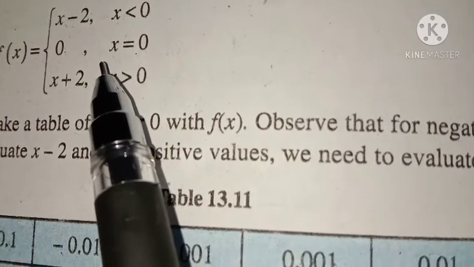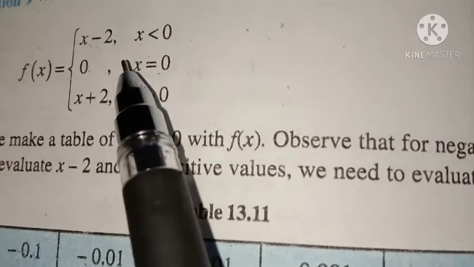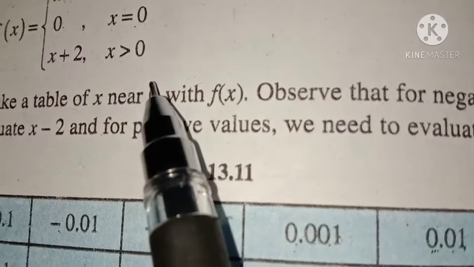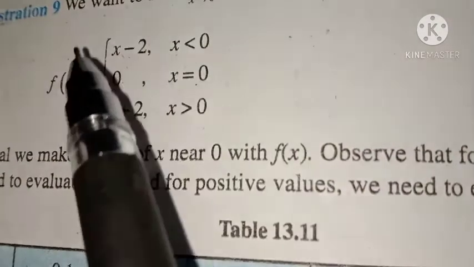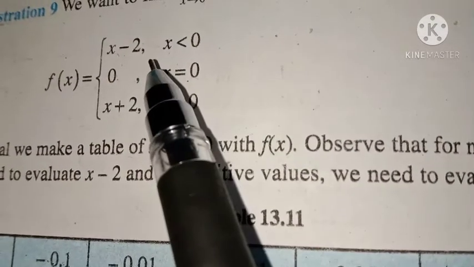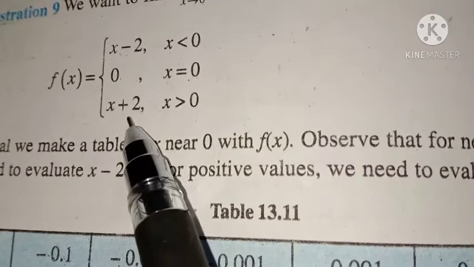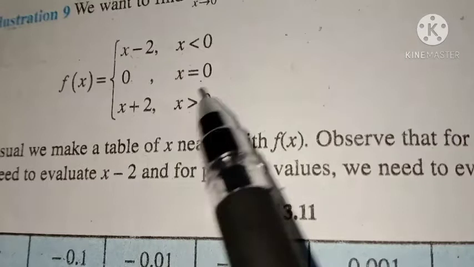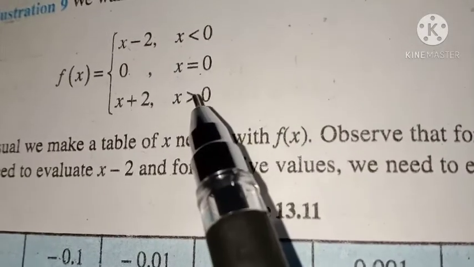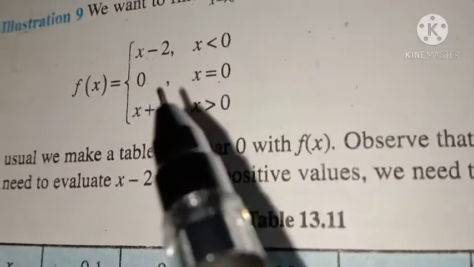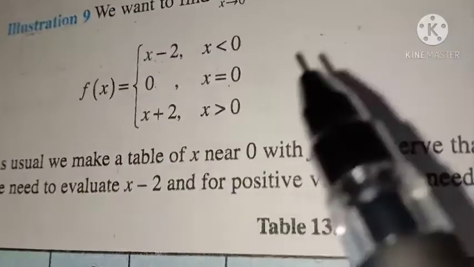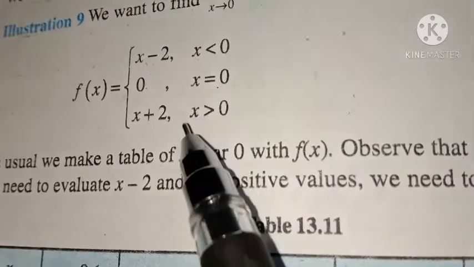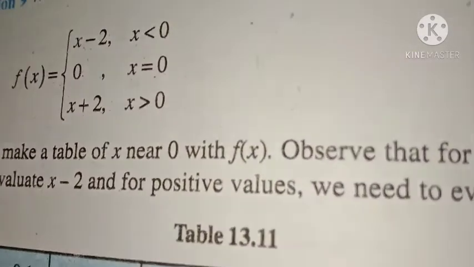Limit of the function doesn't exist because left hand limit and right hand limit at 0 do not coincide. Is it clear? So in this example, at x equal to 0, left hand limit and right hand limit are both different, and therefore at x equal to 0, limit of the function doesn't exist. So we can say that limit of a function at any point exists only when its left hand limit and right hand limit are equal.